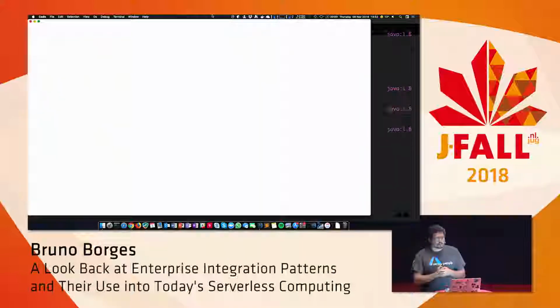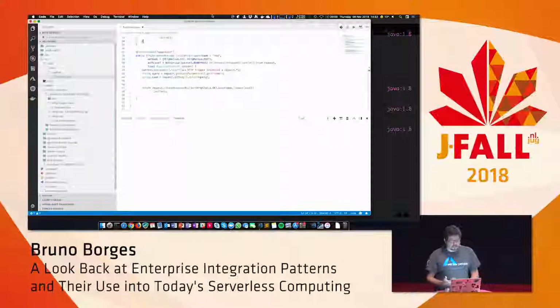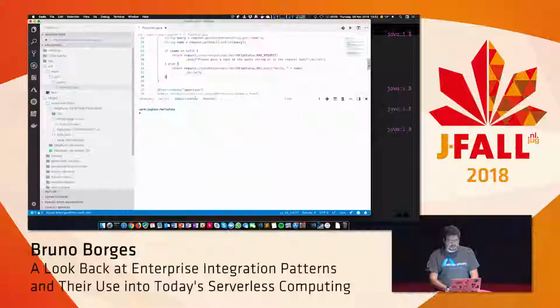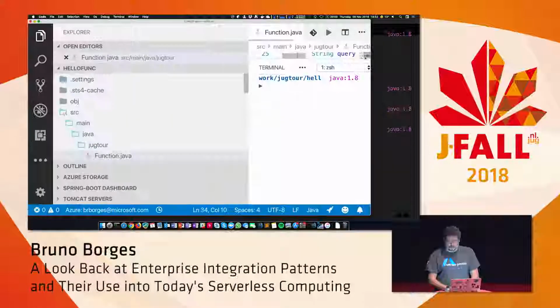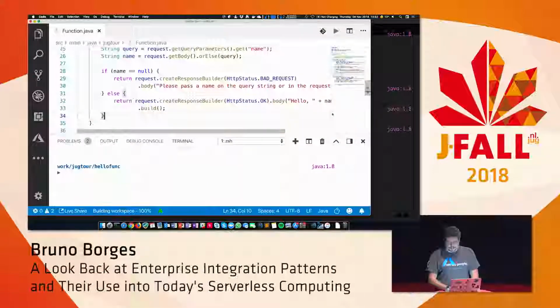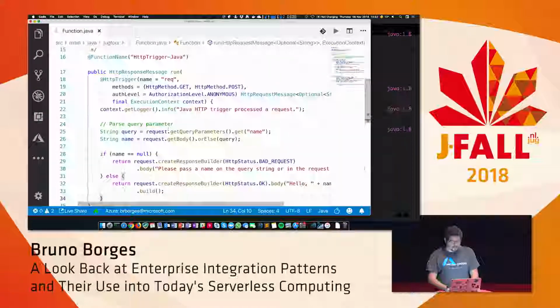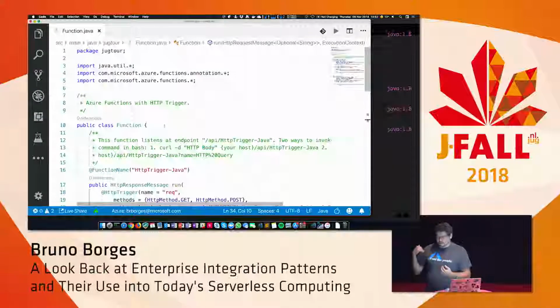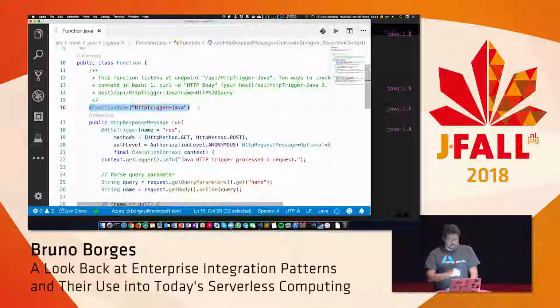And once you have that, it will give you a POM file, a Java class with a simple method. Actually, this is the initial code that they give. I just added this method here. So let me make it bigger, so big that you won't even see it. OK, let me make it smaller so you can actually see it. So this is the code. Of course, it's a Java class. It has a method, and that is the entry point. And the annotation is what tells Azure Functions what to be executed when an event happens.